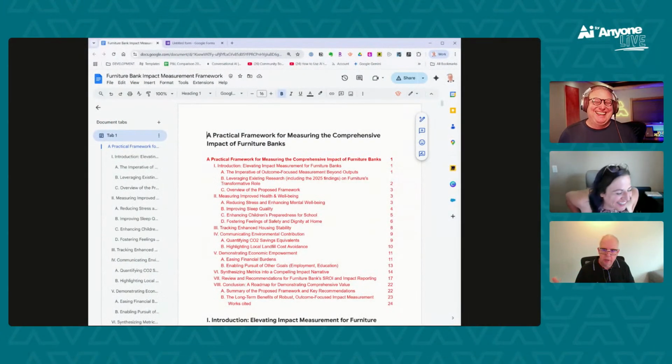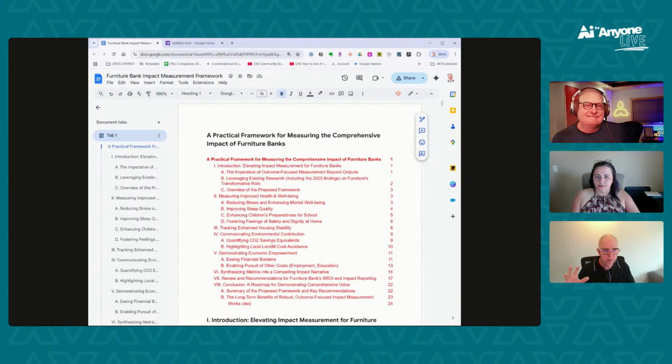This is Furniture Bank. We do impact measurement. We're nerds at it. This was a document I created for my board so that they could actually try and understand the million ways we measure the social, environmental, and economic impact of making sure kids and their families have furniture. It's a 24-page document.